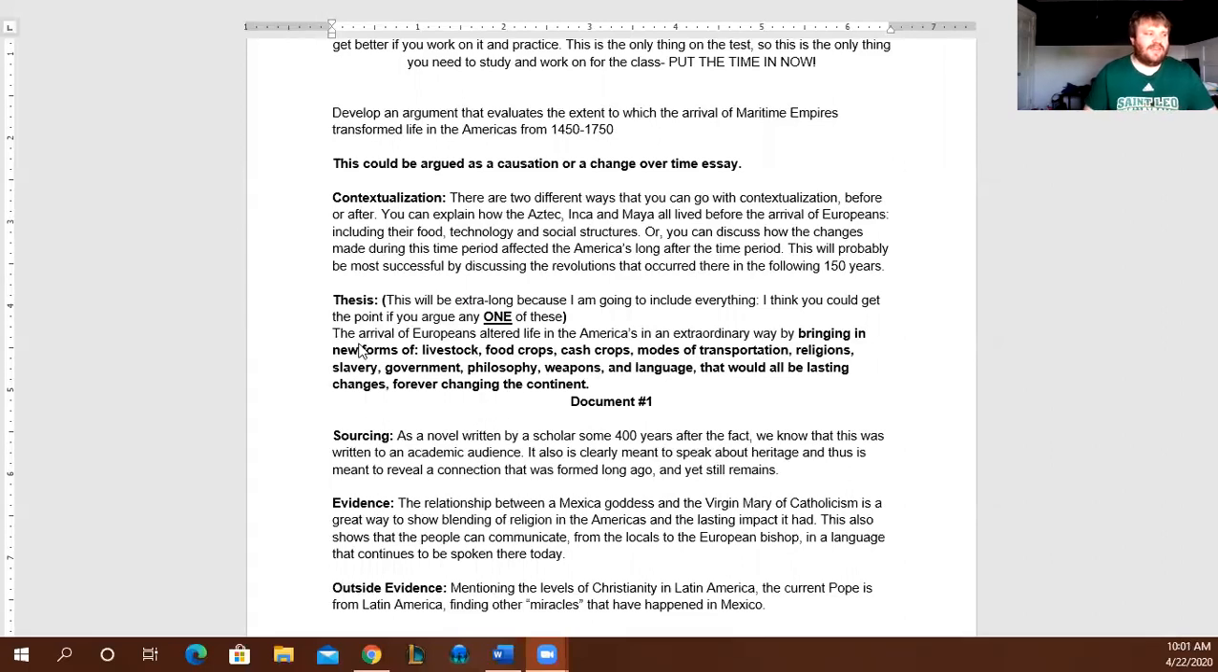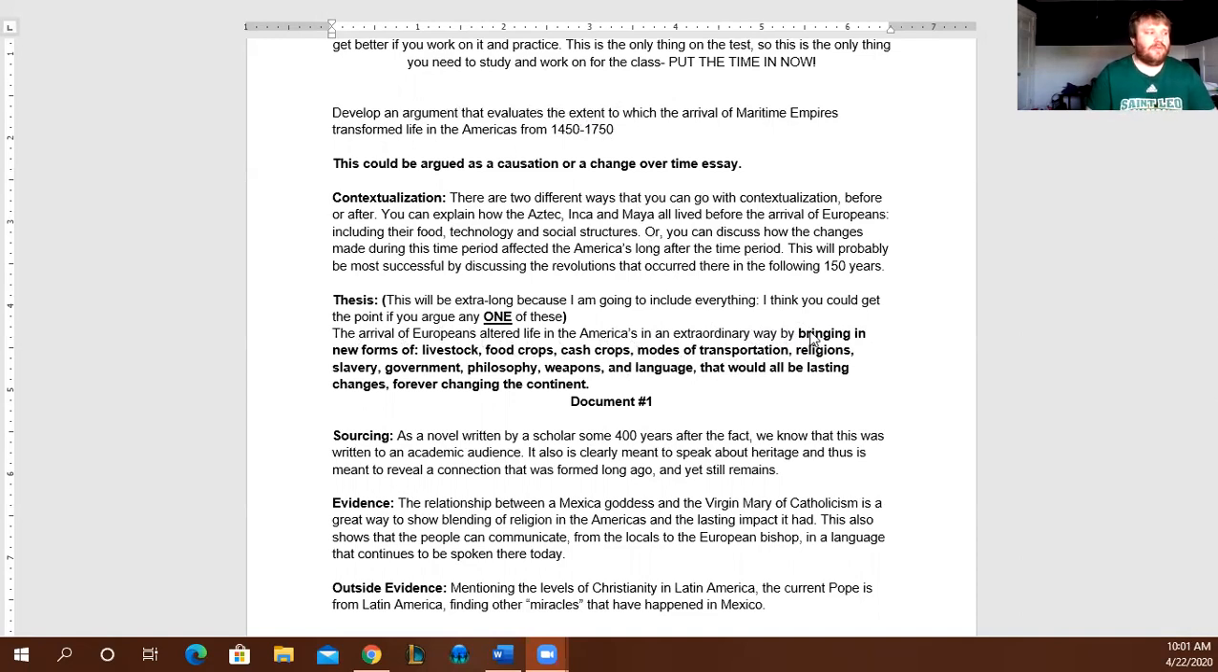So any one of these things. So the arrival of Europeans altered life in the Americas in an extraordinary way. Make sure that you always address to what extent life was changed, right? So make sure that you address to what extent life was changed. So I said in an extraordinary way, and then here are all of the options that I could kind of